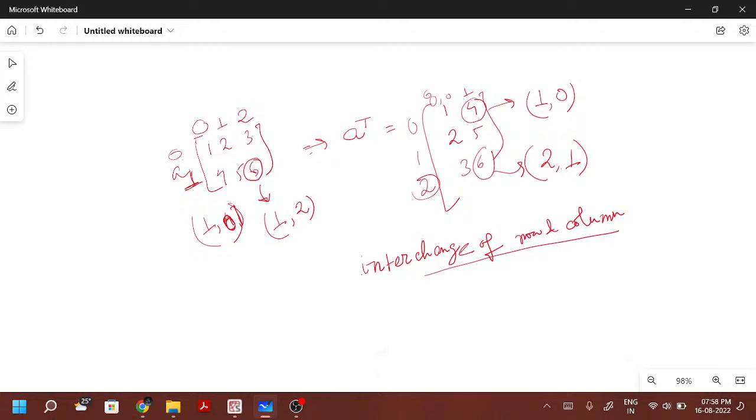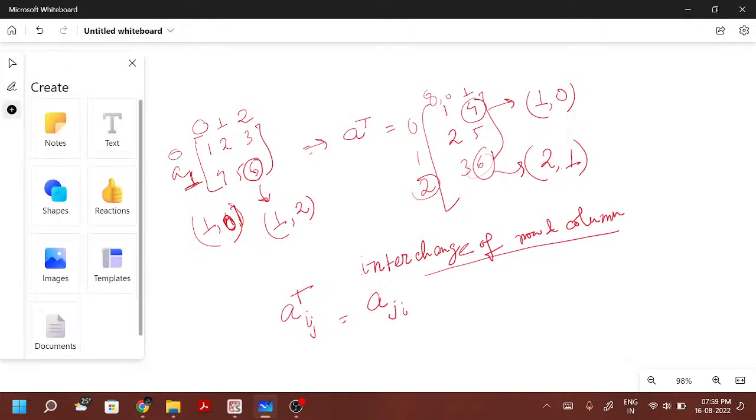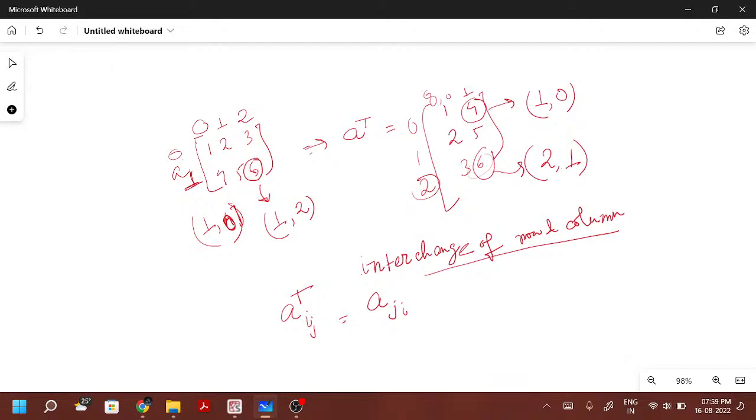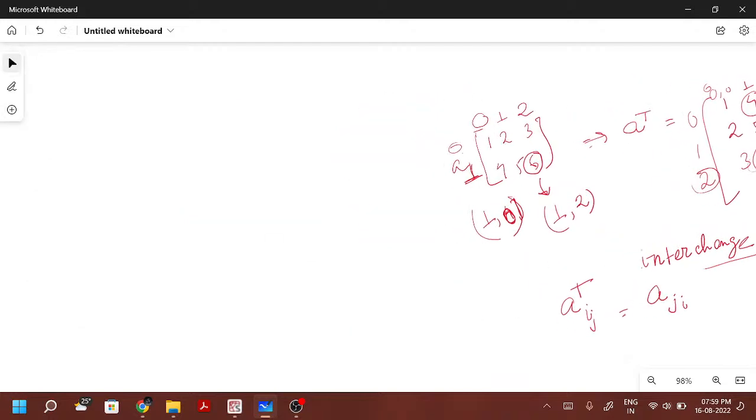So basically, if we consider aij, the transpose of aij would be nothing but aji. So if I say this element is in ij format, the other element will be ji in the transpose. It's a basic thing. There is something very similar in your assignment also,